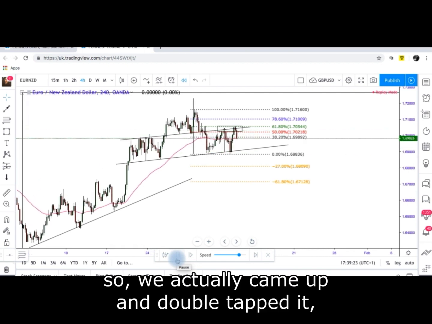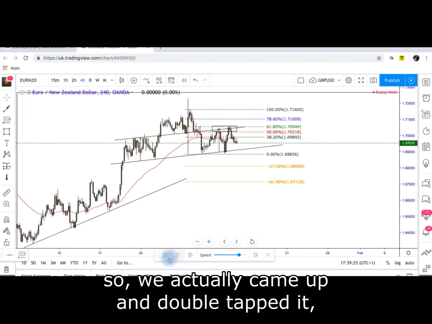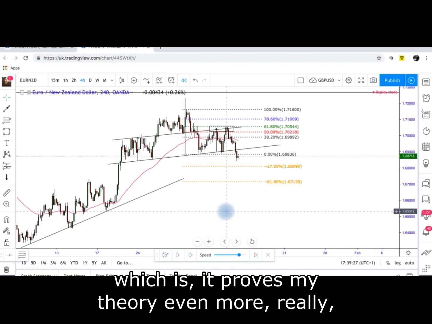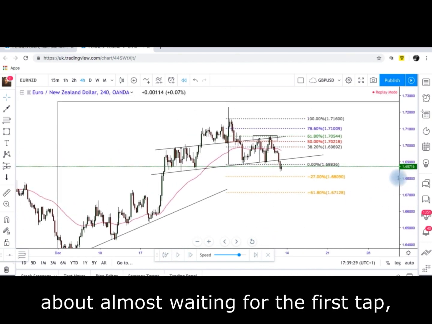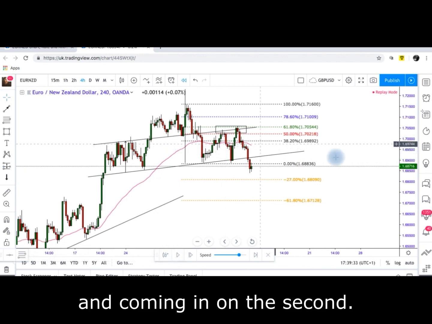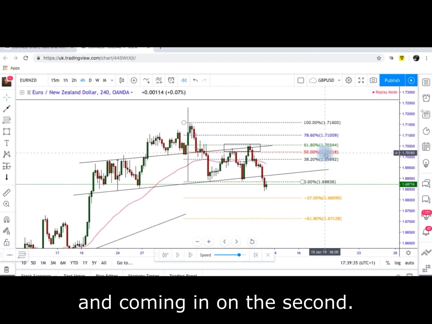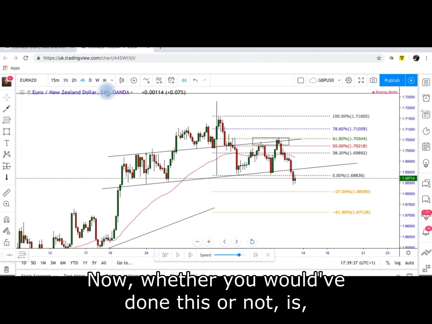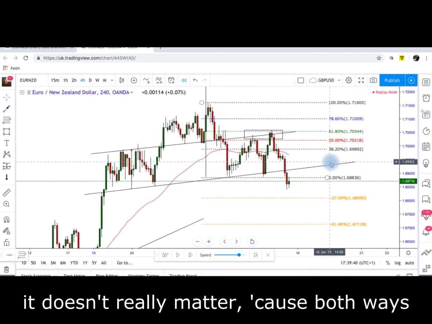Okay, so we actually came up and double tapped it, it proves my theory even more really about almost waiting for the first tap and coming on the second. Now, whether you would have done this or not, it doesn't really matter because both ways would have worked in